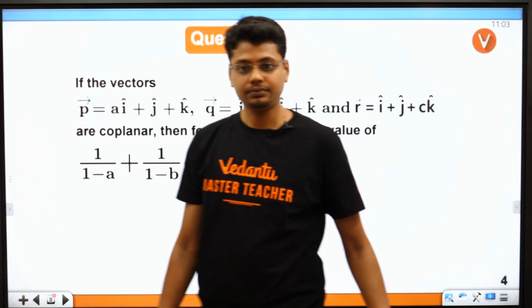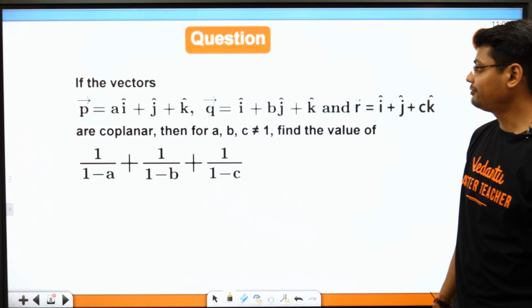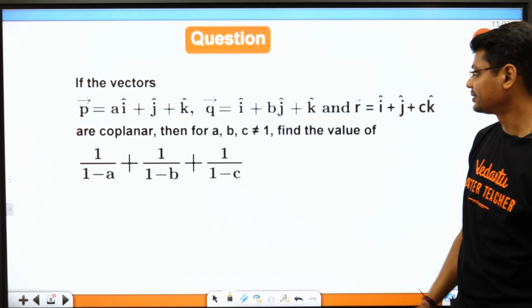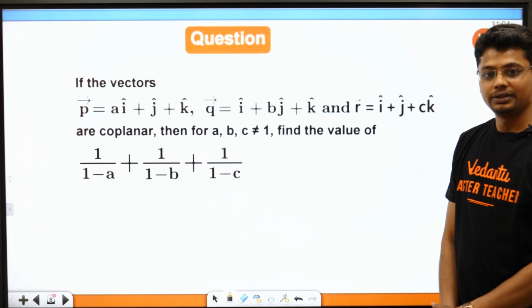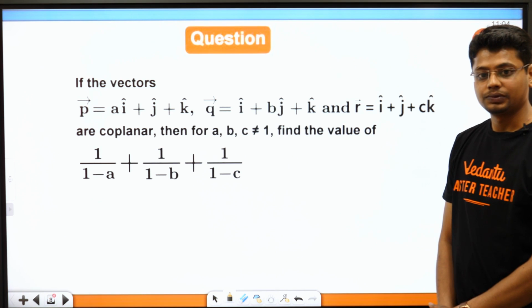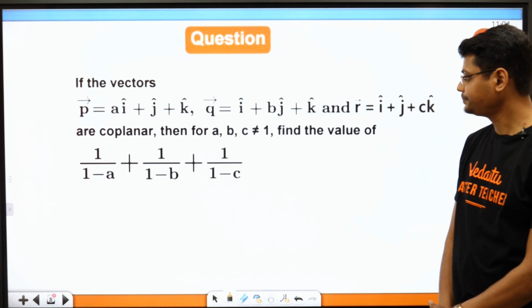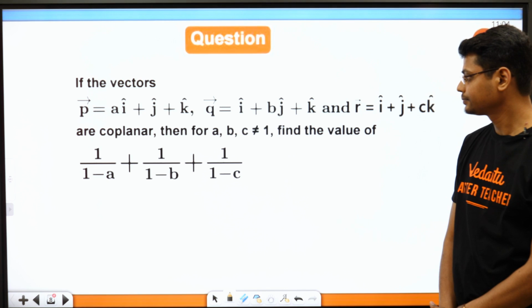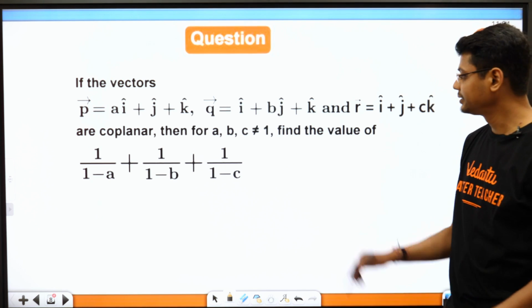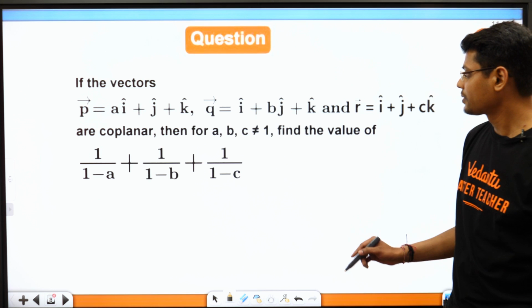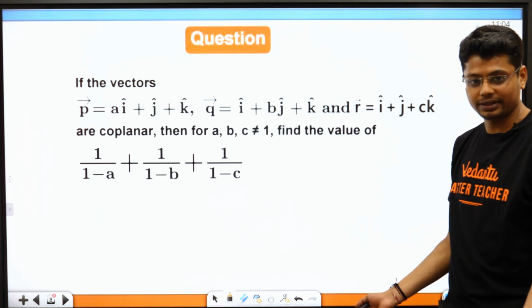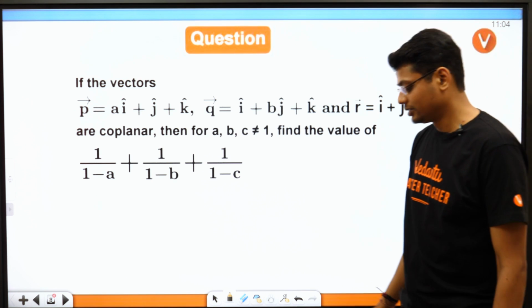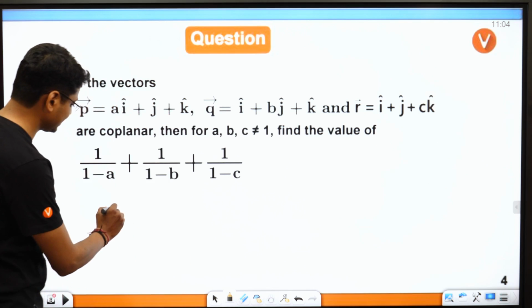Next question. If the 3 given vectors are coplanar, then we have been asked the value of this expression. Think about it. Basically, when 3 vectors are coplanar, then their box product would be 0. All right. So using this concept, I can say